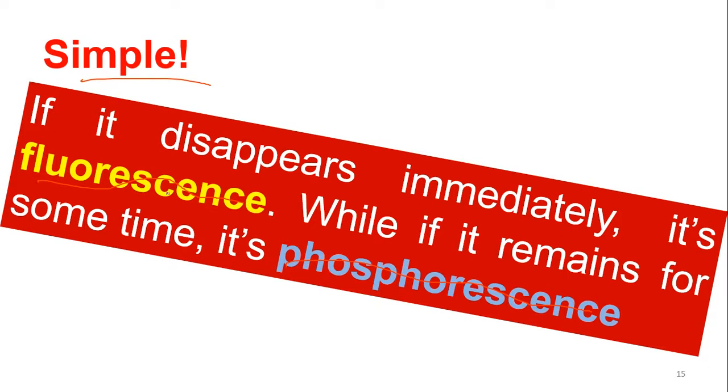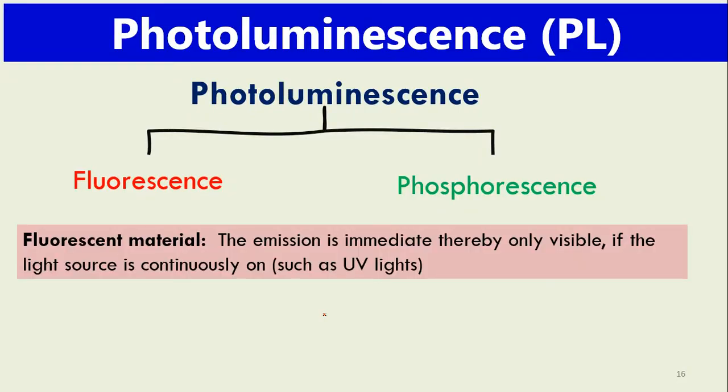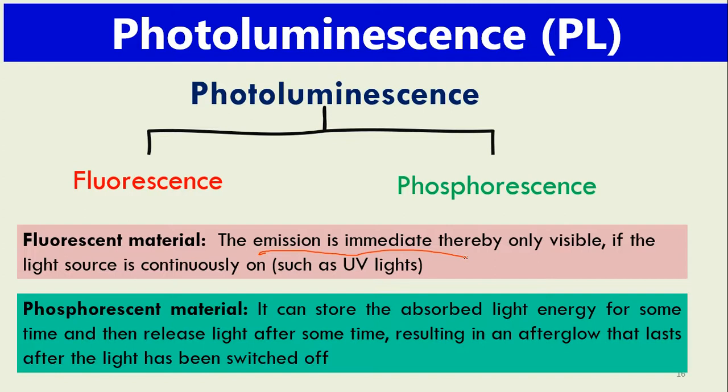You can also differentiate in this way: when it disappears quickly, fluorescence means emission of light. Like when something is glowing at home, when you feed continuous ultraviolet light and it converts to different colors, red, blue, green, etc. When you switch off the UV light, the visible light, the green, blue, etc. switches off automatically. This is called fluorescence. While if it remains for some time, this is called phosphorescence, right? In a fluorescent material the emission is basically immediate, but the phosphorescent material stores some